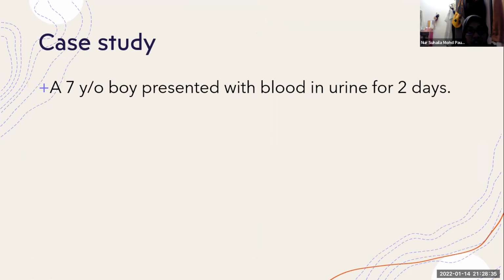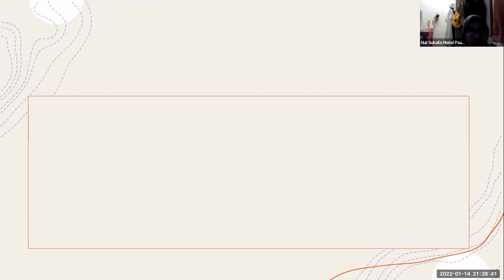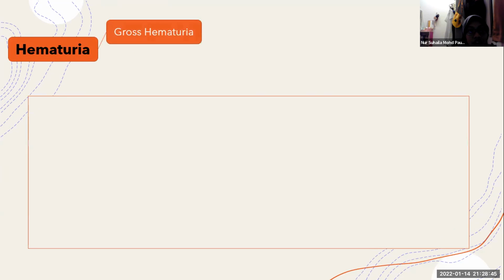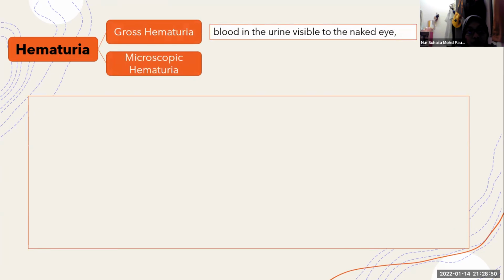Okay, in the case study, a 7-year-old boy presented with bloody urine for 2 days. First, we need to go through hematuria. There are 2 types of hematuria, which are gross hematuria and microscopic hematuria. Gross hematuria is blood that we can see with the naked eye, in which